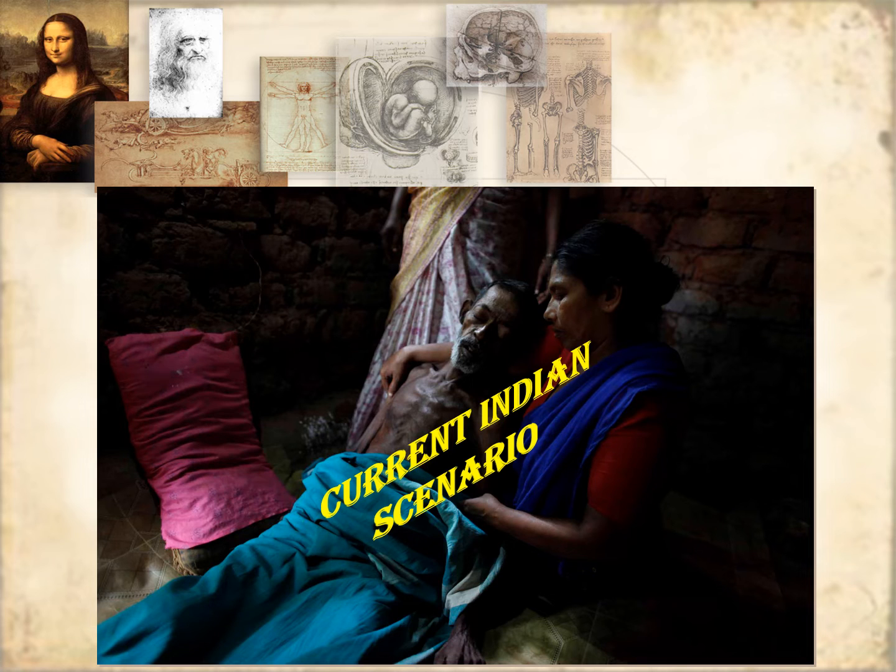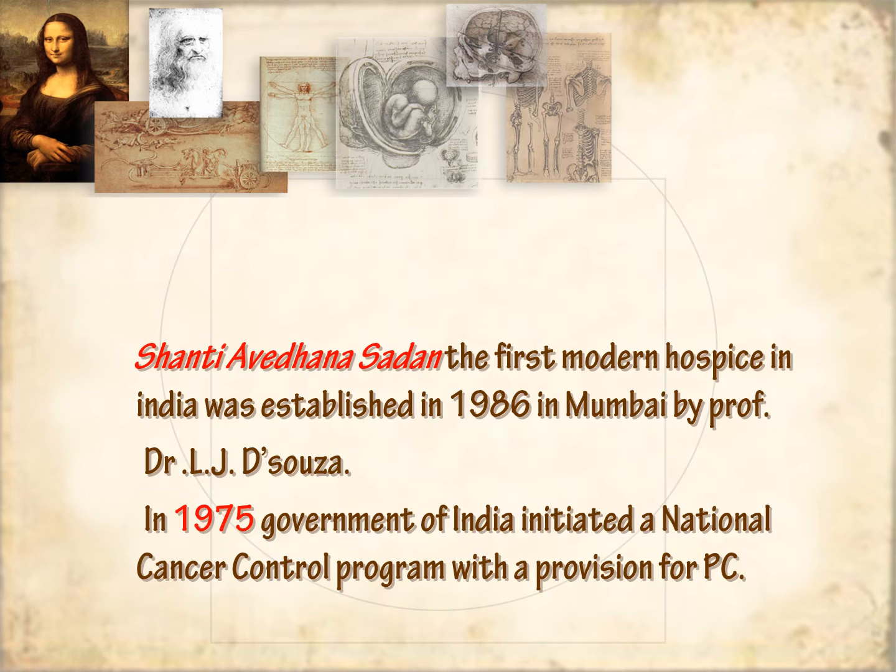Let's now look at the current scenario in India with respect to palliative care. The history of palliative care in India dates back to 1986 in Mumbai, where the first modern hospice care was established. It was named Shanti Avedana Sadan. In 1975, the Government of India initiated a national cancer control program with a provision for palliative care, which was also